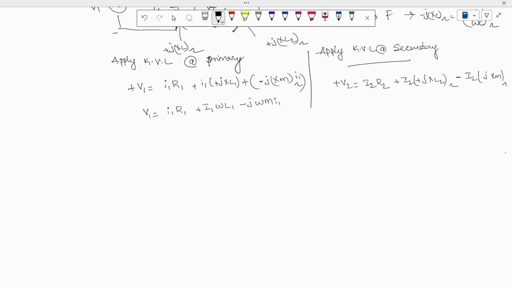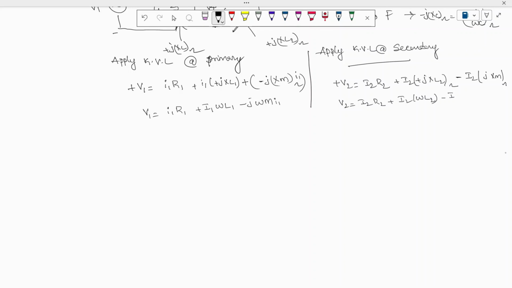Here you can write V2 is equal to I2 R2 plus I2 XL2, which can be written as omega L2, minus,